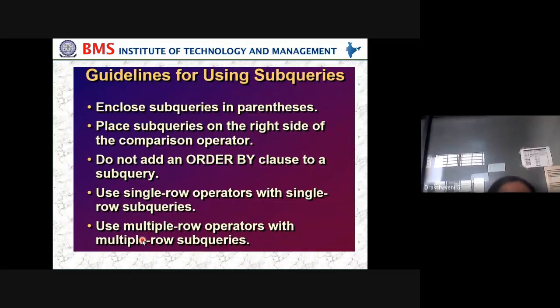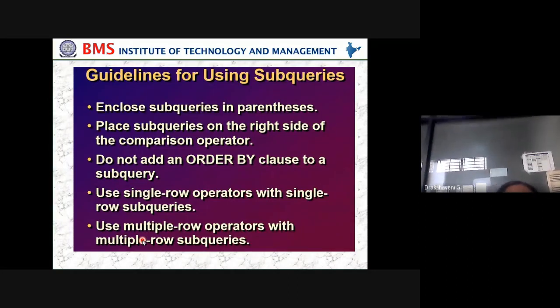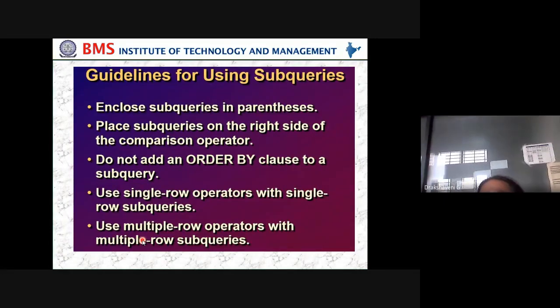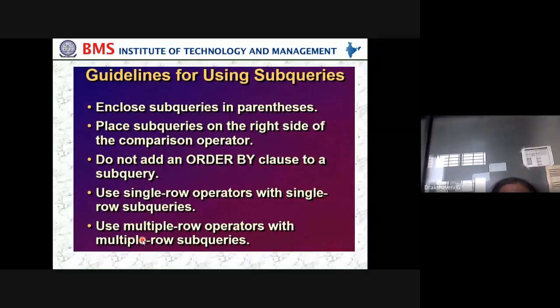Sometimes we may require multiple rows to be operated on, like sum and average. Whereas maximum is a single row: if I want to find only the maximum or minimum salary, that function is for a single row. Sum works on multiple rows, all values. So use multiple row operators with multiple row subqueries. That's the guidelines for using subqueries.